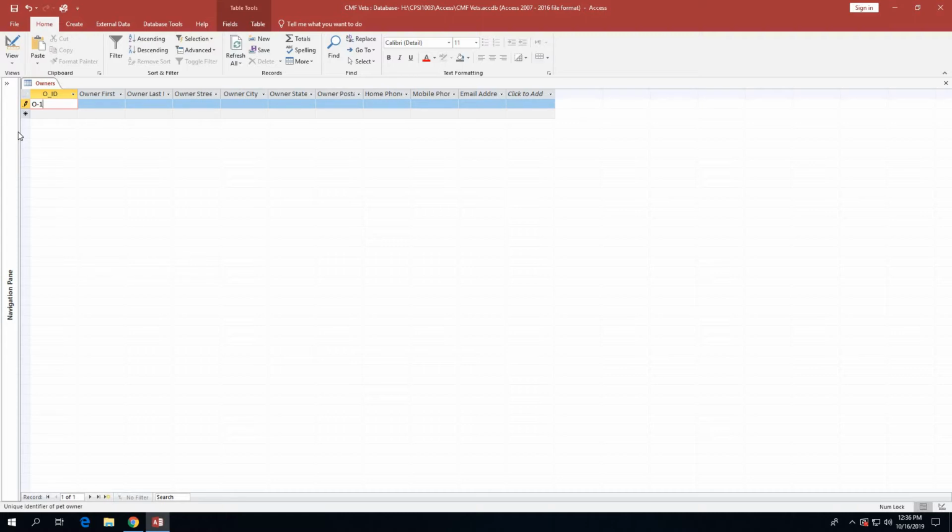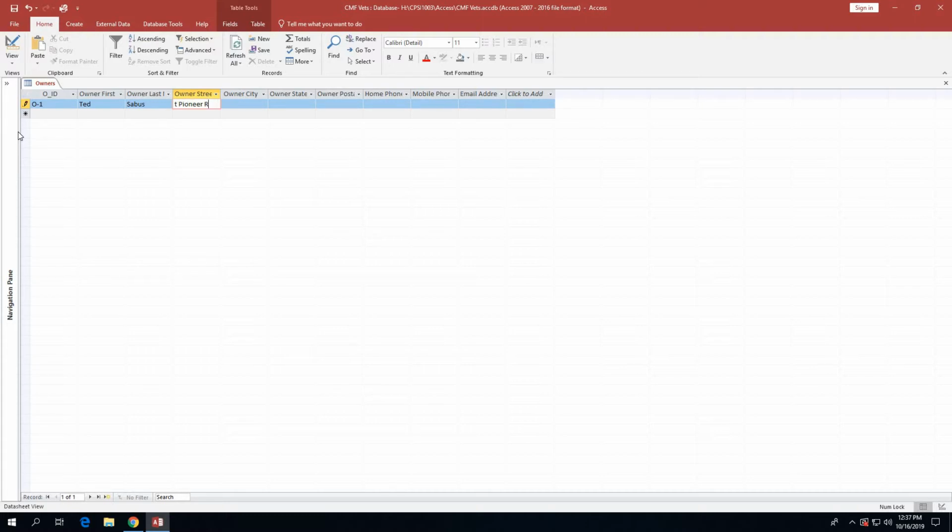So once you get the data for the first field typed in, you're just going to press tab to move to owner's first name, and then you're going to type in Ted as the owner's first name. Then you're going to press tab and then type in the owner's last name there. And so you're basically going to do that for each field in the table. Alright? And then owner's street address, you're going to type that in the way it's shown there on figure 1-17. Alright? So 460 West